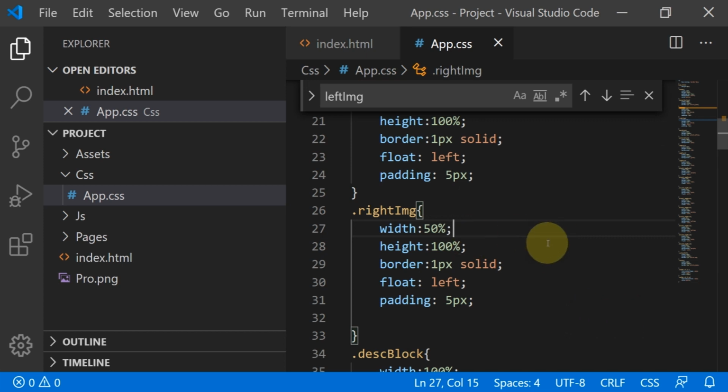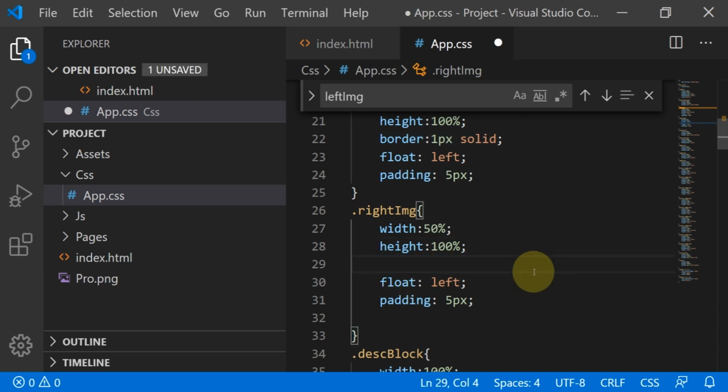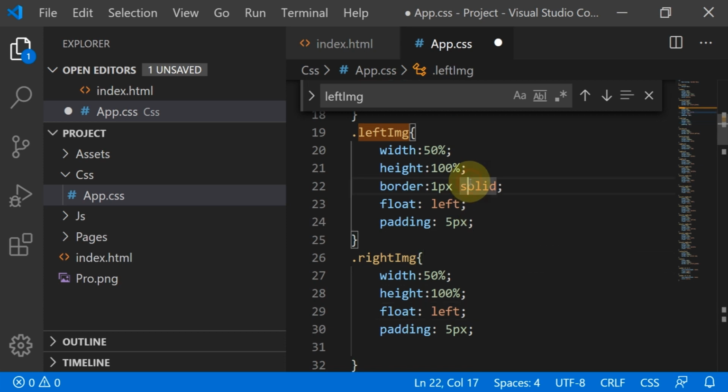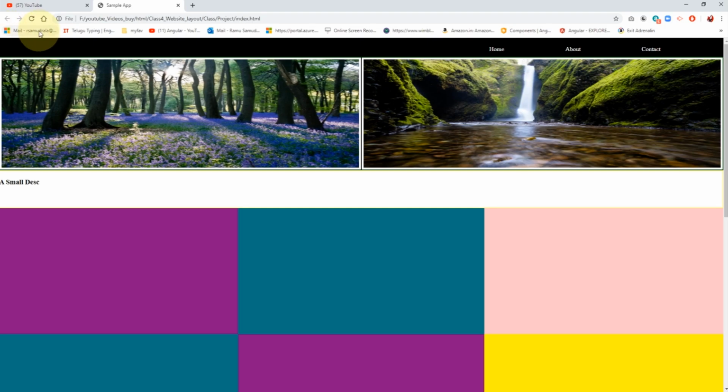So border removed, then here also border not required. It's fine. So here you just observe guys, top to image, left to image, bottom to image, equal space, but in between these two images there is some more space, right? So we should make equal space.